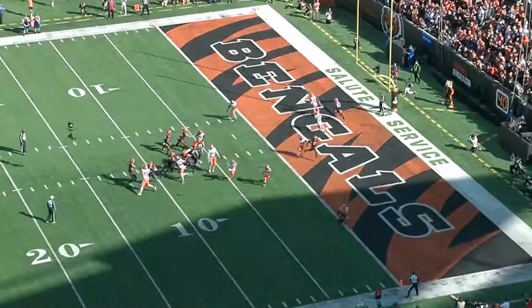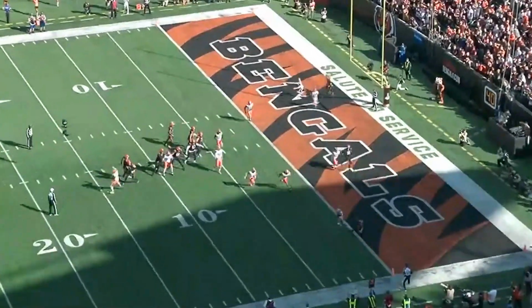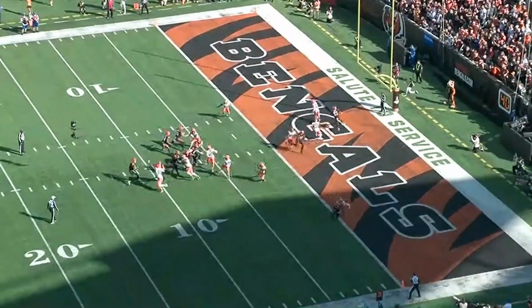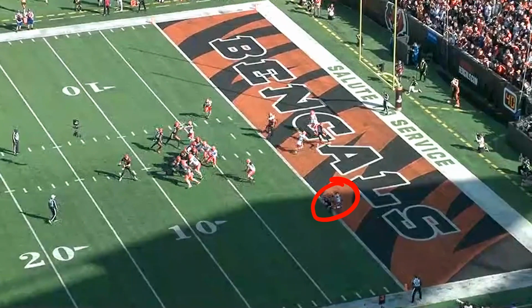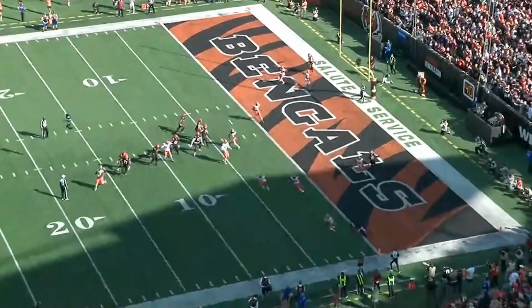Wrong. Because Denzel Ward has one of the best breaks on the football in all of the NFL. You can see Denzel Ward sees this play coming the entire time. He's initially taken away that slant with his body presence with that inside leverage. So he doesn't have to worry about jumping the slant because he's already taken it away. So all he has to do is eyeball Joe Burrow and wait for that moment when the hands come apart, just like they are right there, because he knows the ball is being delivered now. He can break on that ball, use that elite quickness that he has to jump in front, come downhill, and